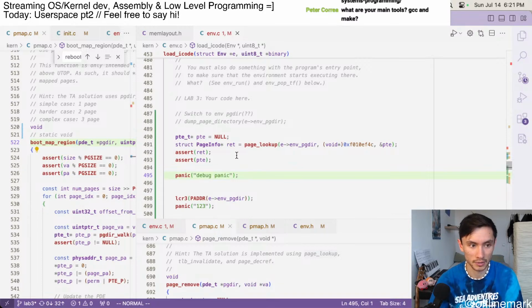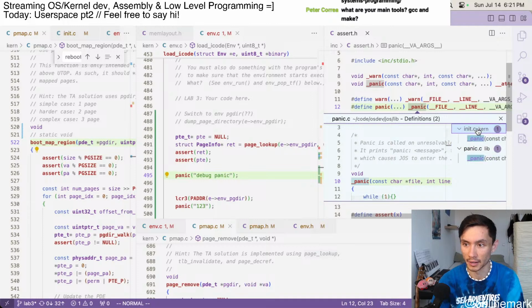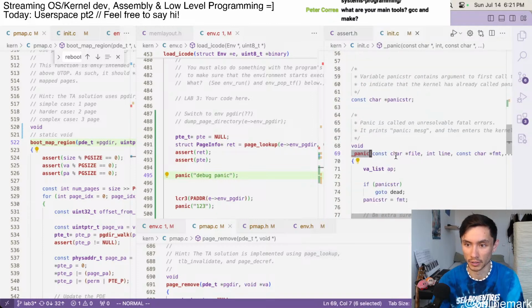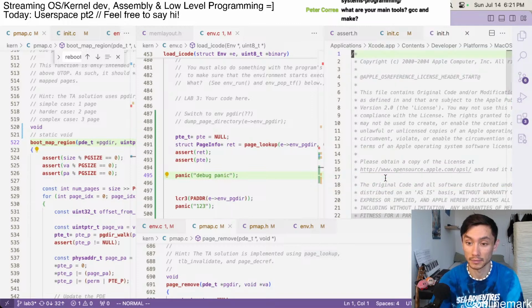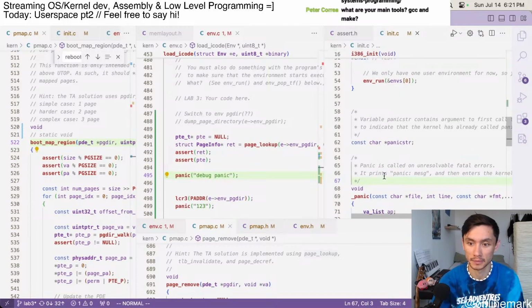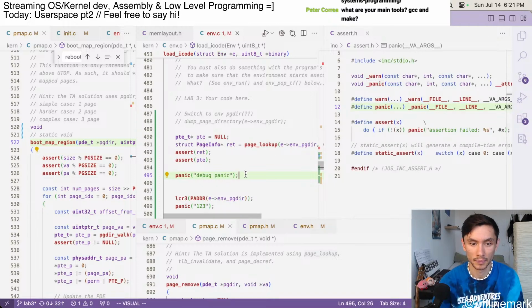Is that because there's something in here that's annotated as no return or something like that? Oh, whoa. Strange, if I remove this,